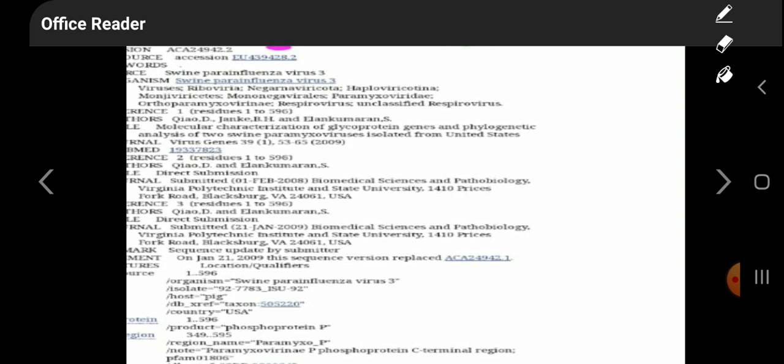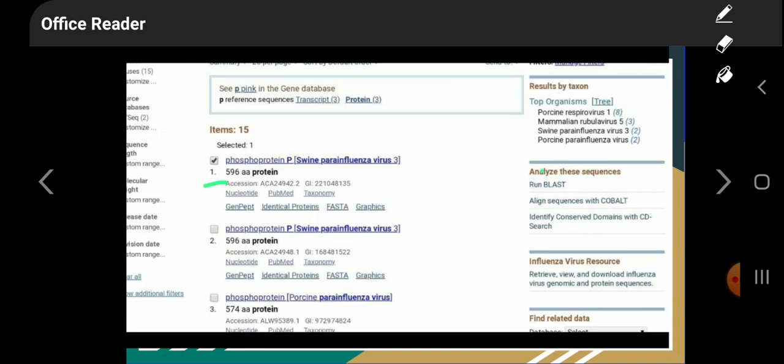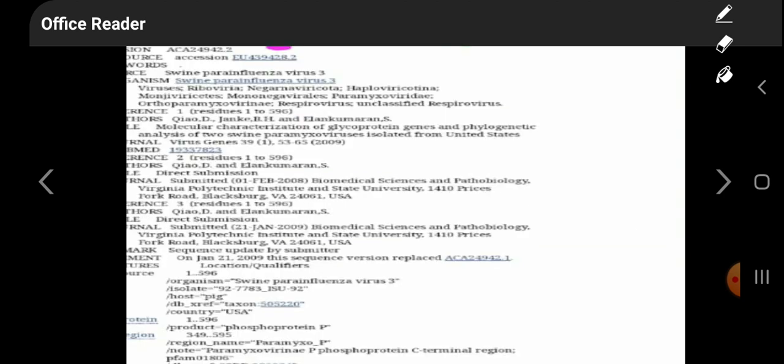Below we can see proteins. These proteins carry 1 to 596 amino acid sequences, and CDS regions, that is coding sequence regions, are mostly present in this.